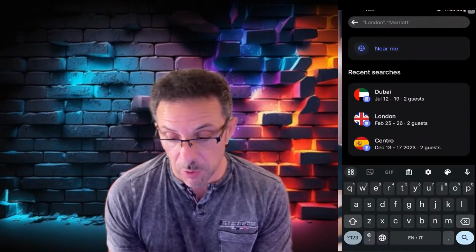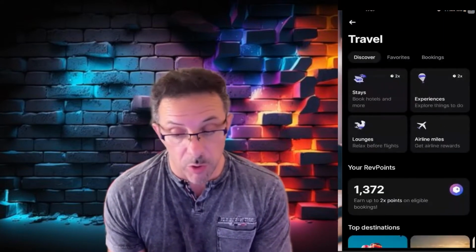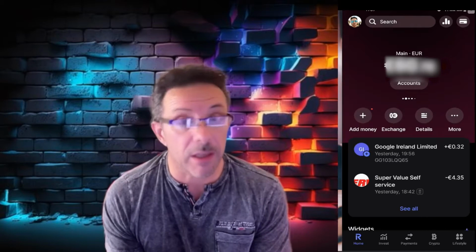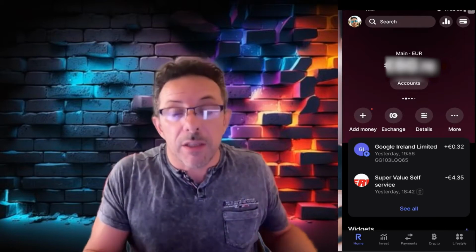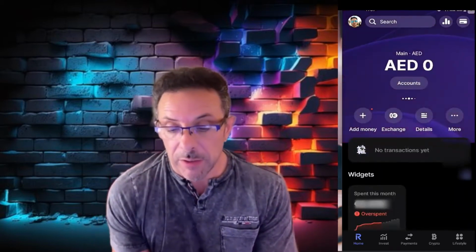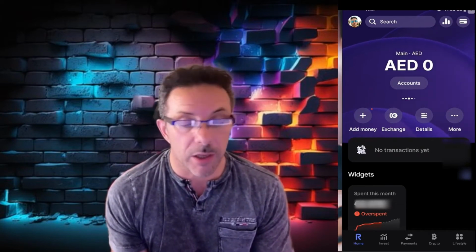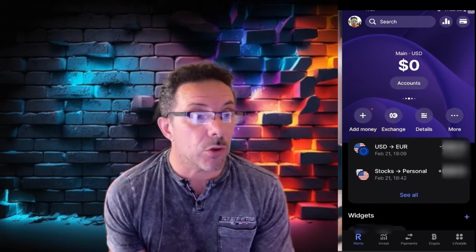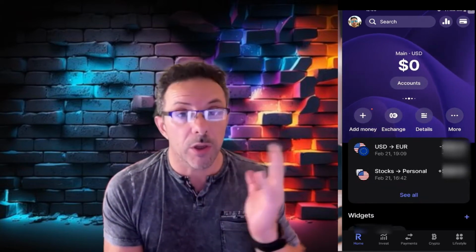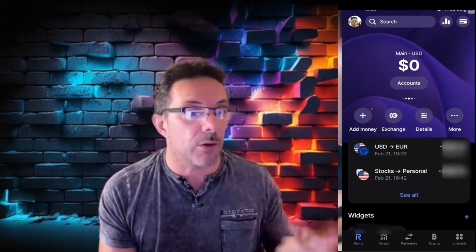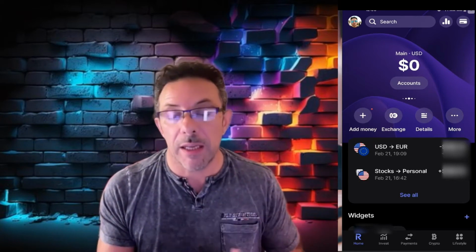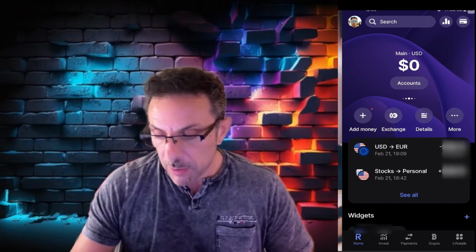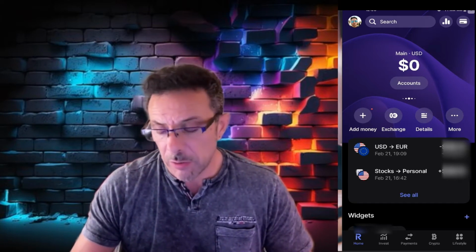Then you can have more than one account, because with Revolut you can have more than one wallet. Let's say you go to the United States and you need to spend dollars. In this case, these are the Dubai dirhams, then here are the dollars. So if I convert euros and put them in the dollar wallet, when I go to America, I pay with the card as if I were paying in dollars. I mean, I pay directly in dollars. The exchange transactions are really favorable.